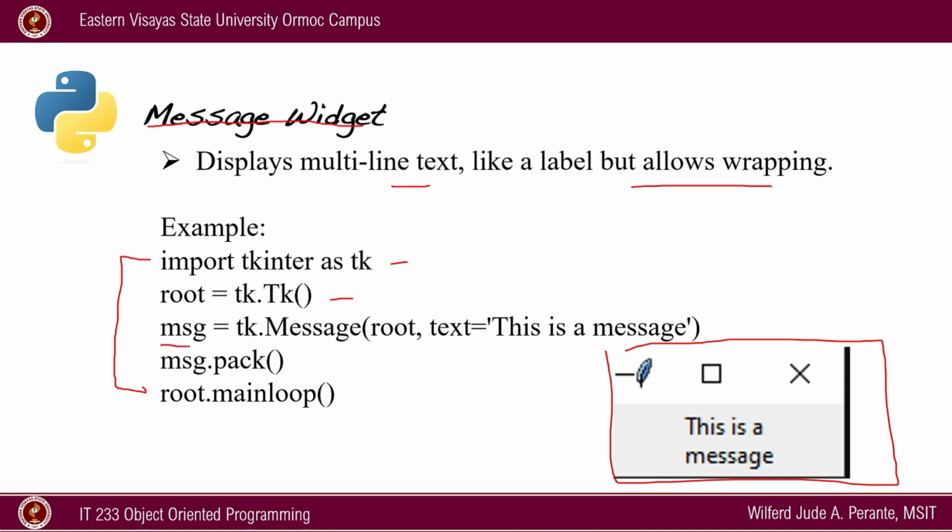Our variable msg is equal to message. Now we are creating the message widget in this part. With the text value to be displayed, this is a message. While the message pack adds the message widget to the window and makes it visible, and in the start of our main loop,